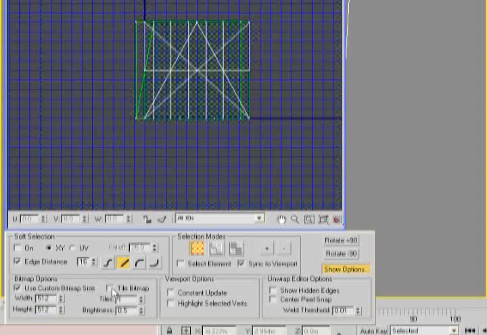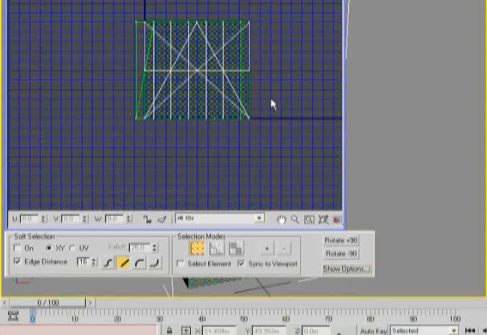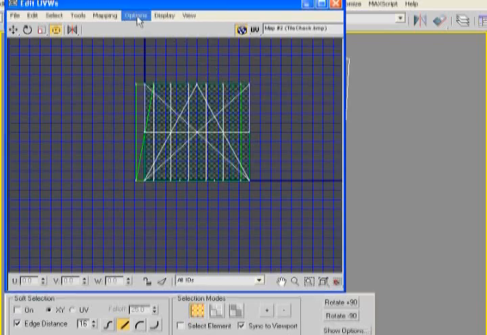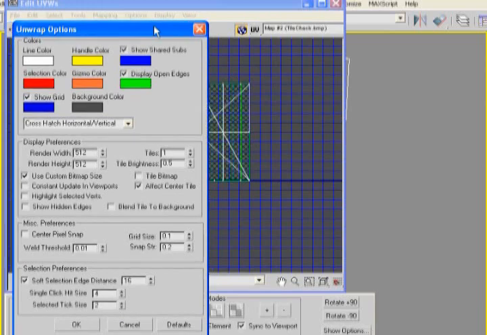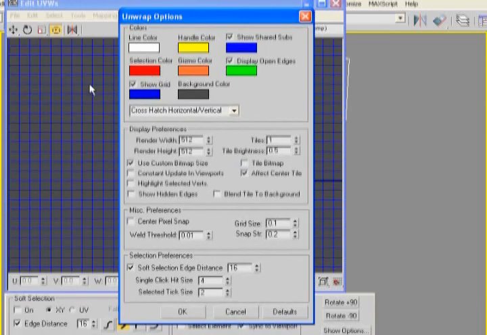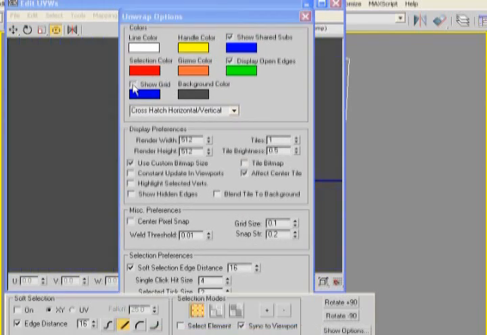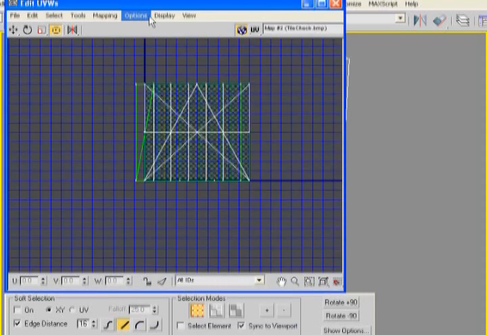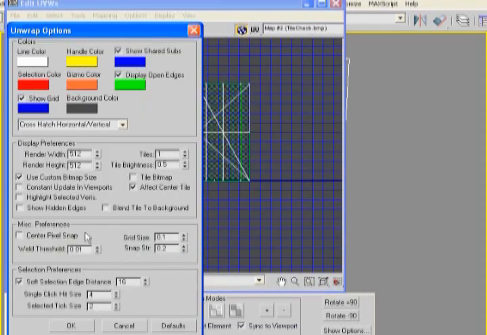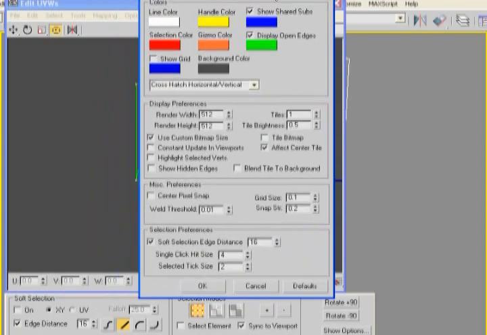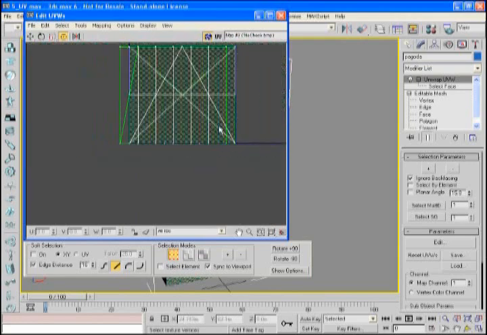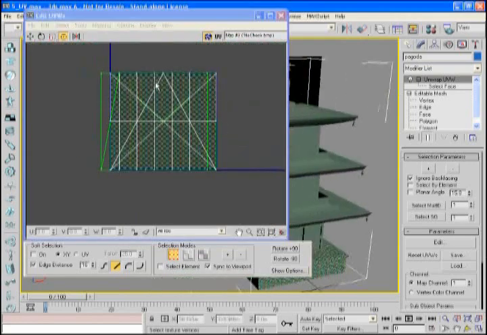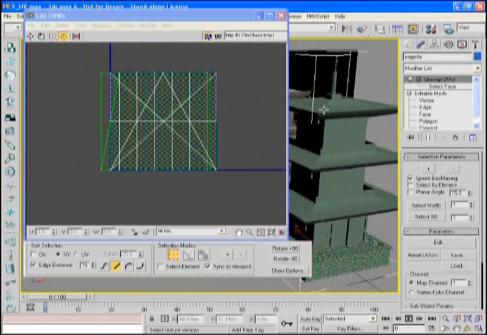I'm also going to uncheck Tile. I don't like seeing that tiling because this isn't like a terrain texture or something that would be tiling. I'm also going to go to the advanced options and uncheck show grid. That's just going to get in my way as I'm working. Whoops, I forgot to OK that, so I want to uncheck show grid, then make sure I hit OK to register that or it won't stick. That just gives us a cleaner window to work in. It's not absolutely necessary you do those options, but